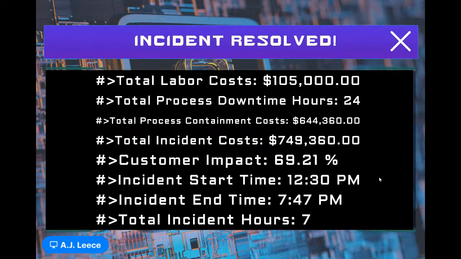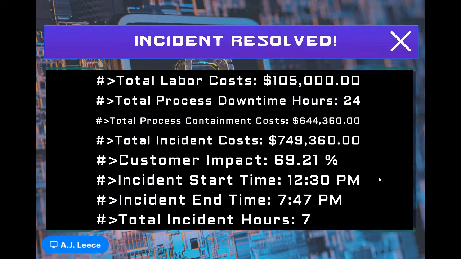And remember, I mentioned this discussion about costs. How do we measure the efficacy of our process? Well, our labor costs, there's on average a $15,000 cost. This is just a nice round number. By the way, Horse Render is not a real company, so please don't go look them up. But the cost of every hour of their incident response plan is about $15,000. So that labor cost added up pretty steep.